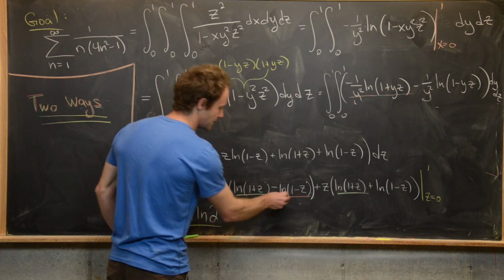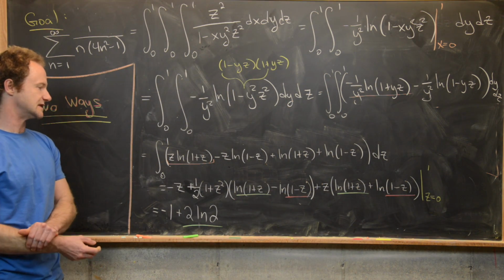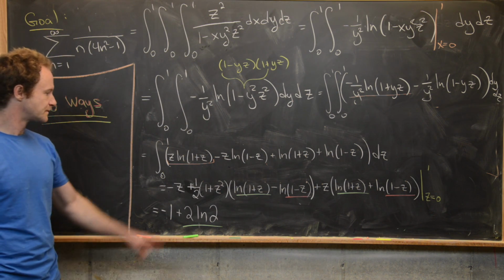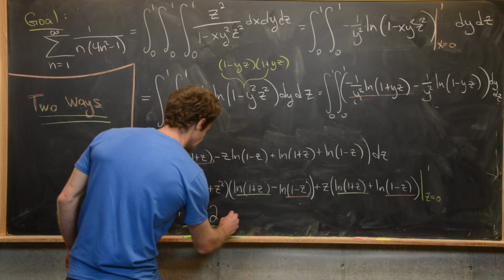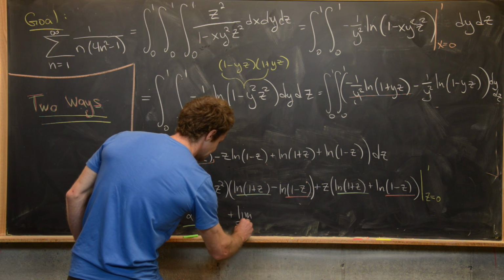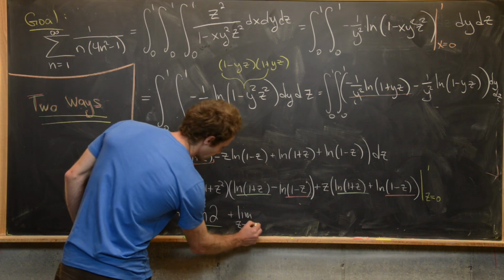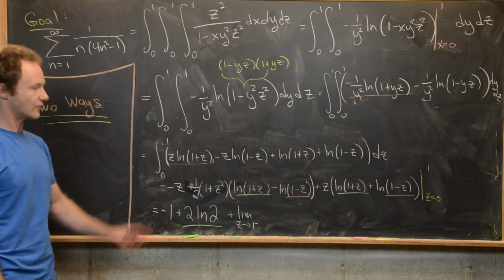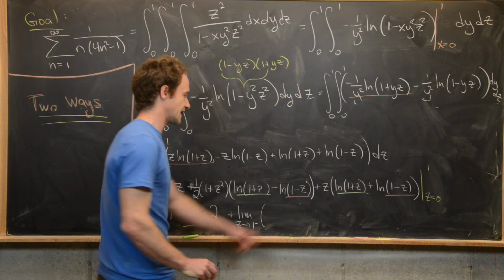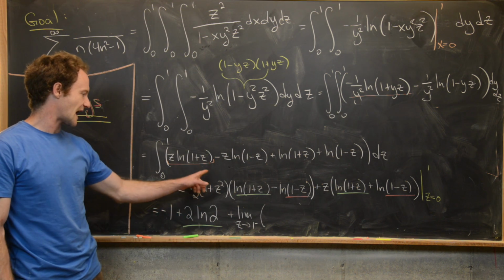Now let's see what we get from these parts that I'm underlining in red. So that's going to have to involve a limit, because if you notice, we have some sort of indeterminate form going on here. So I'm going to notice that this is going to be equal to, we need to add the limit as z tends towards 1. And it's important to notice it tends towards 1 from below because of how this antiderivative or this integral is constructed. Then we'll see that we're going to have z attached to the natural log of 1 minus z, and then negative half